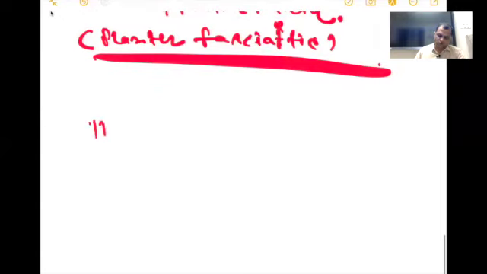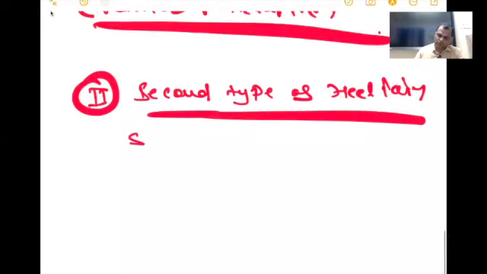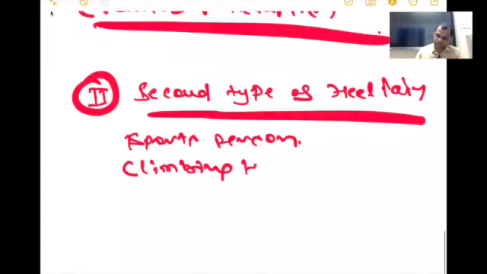So the second cause, the second type of heel pain, is happening with sports persons, climbing the hills, getting down from the hill,